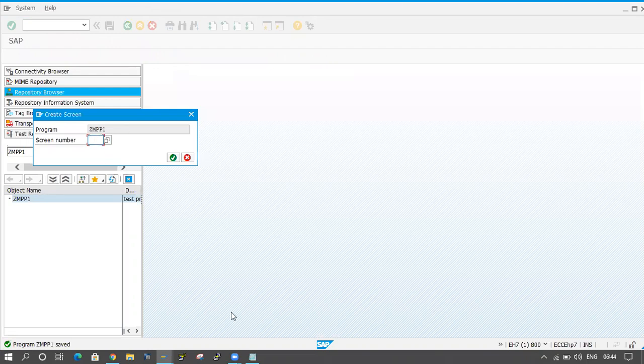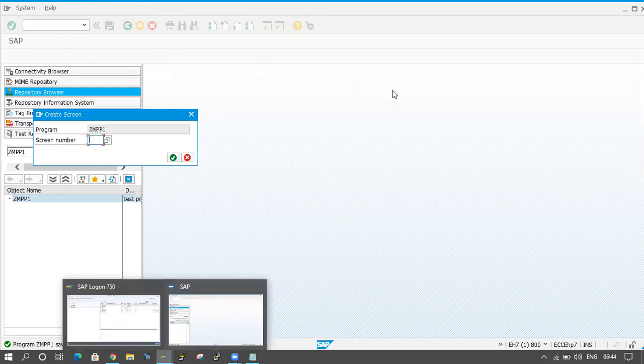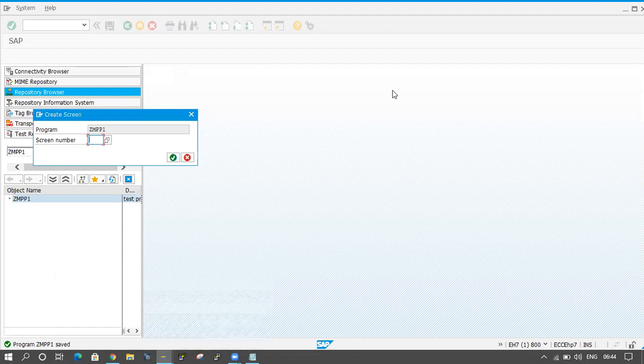The screen number. When I execute the VA03 transaction, the first screen is coming, asking for a sales document number, right? For that, I will assign one screen number. Here I am applying 1234. You can give any 4-digit number, but it is better not to give 1000, because 1000 is for default screens, or if SAP developers want to create any screen, they will prefer 1000 only.